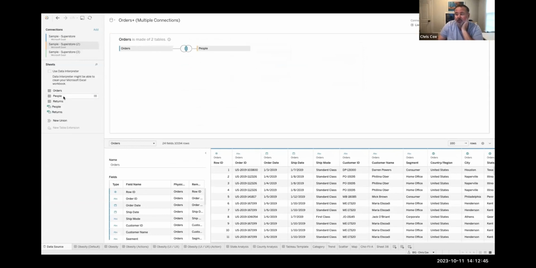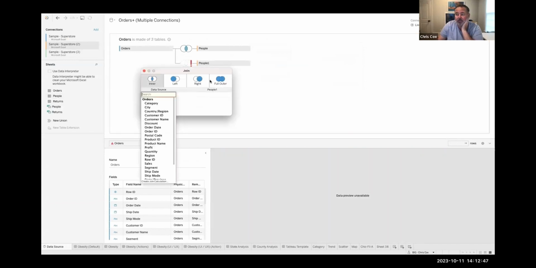So now if I pull in people twice, I can tell it that I want it to come from orders, right? Versus if I get orders tab or I get people tab. So I have that option now, but that only exists inside of the join. My first level from orders to the first people, I just do normally. The second one, I actually have to go to the join. Yeah, I got to double click on it. So you're going to join one and you're going to relate the other.